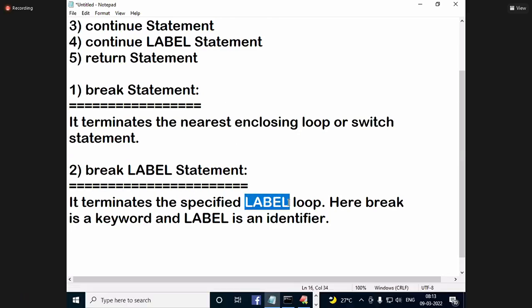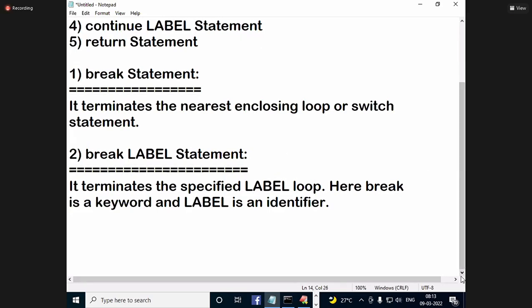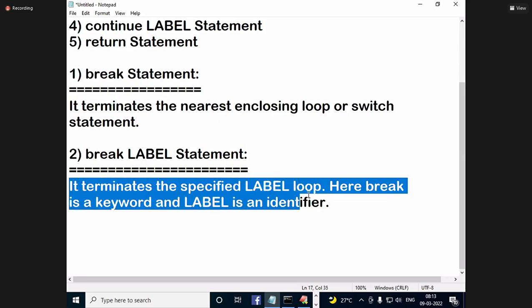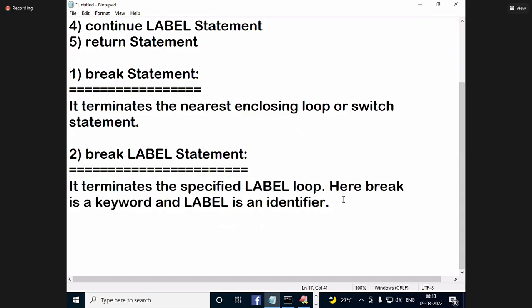For better programming, you write capital letters for the label, then you can easily observe there is a label. It terminates a specified label loop. Here break is a keyword and label is an identifier.